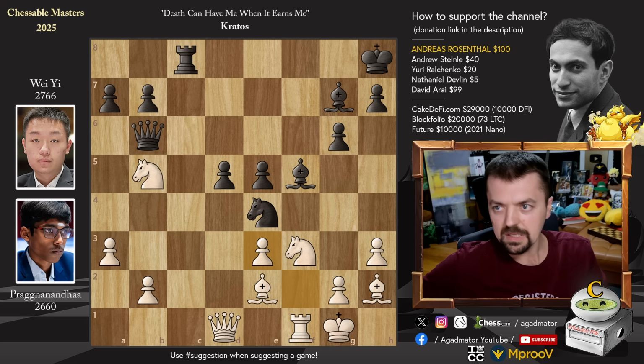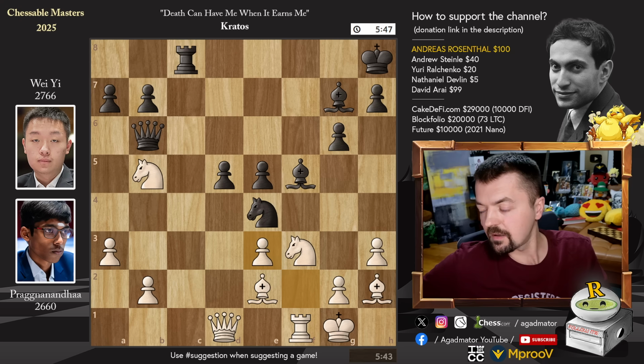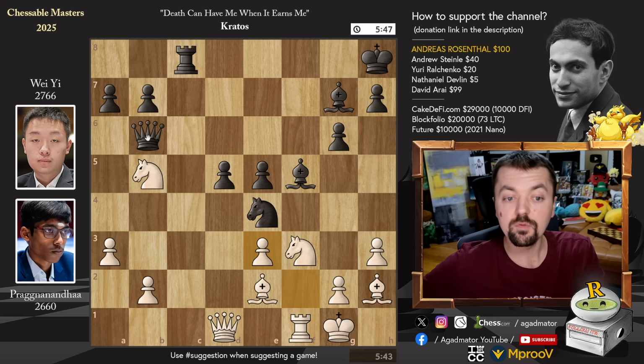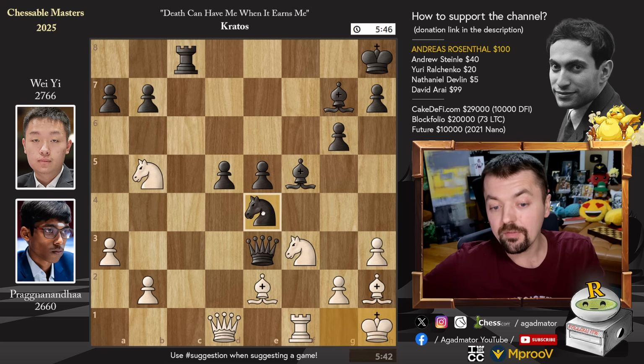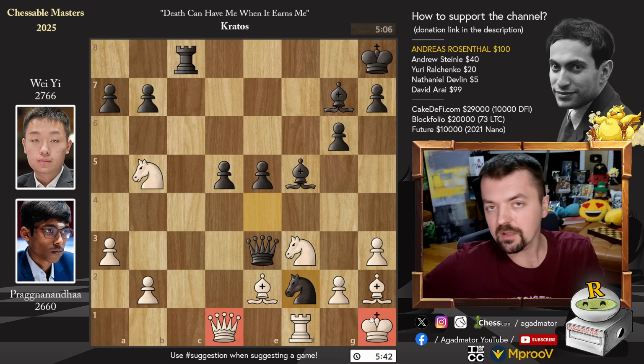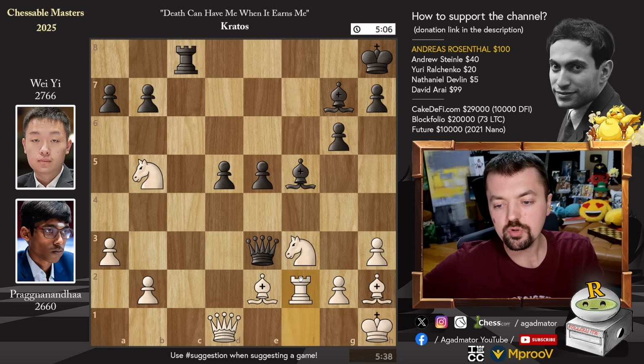So there you go. And the players are now 5 minutes on the clock versus 5.5 versus 5.5. And okay, we have queen captures on e3 with check, king to h1, and now knight to f2 with check. It would be a problem if you couldn't give up the rook, so rook captures on f2, but now what